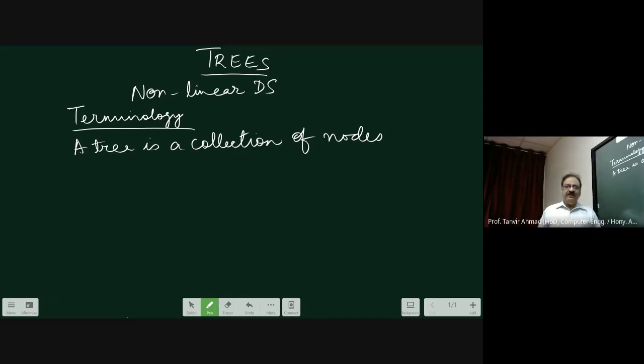It means that it can contain n number of nodes.